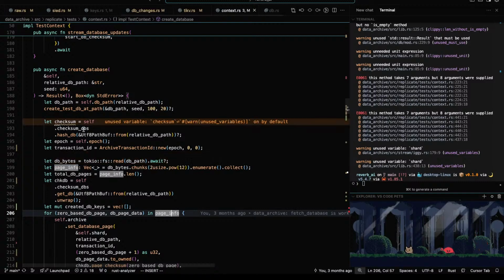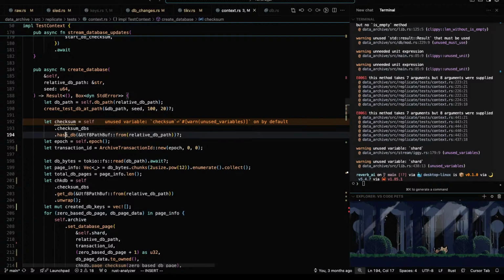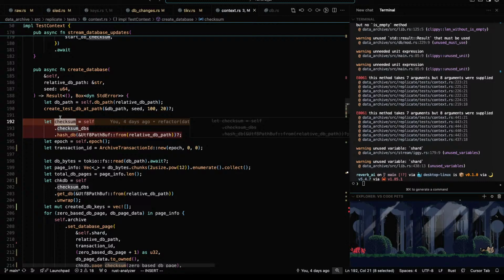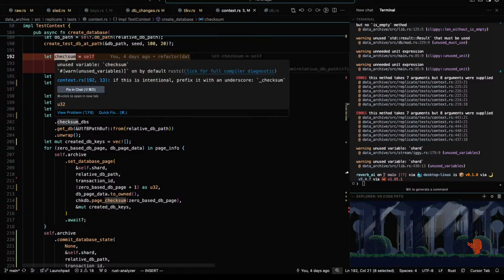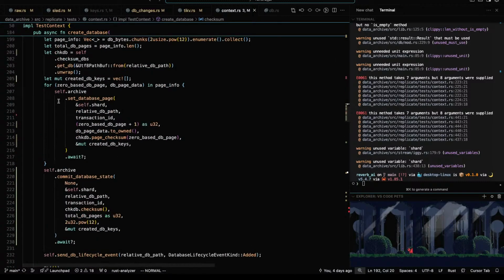What else? Checksum. We still need this to happen. This, I believe, is the checksum of the whole thing, which would be equivalent to this.